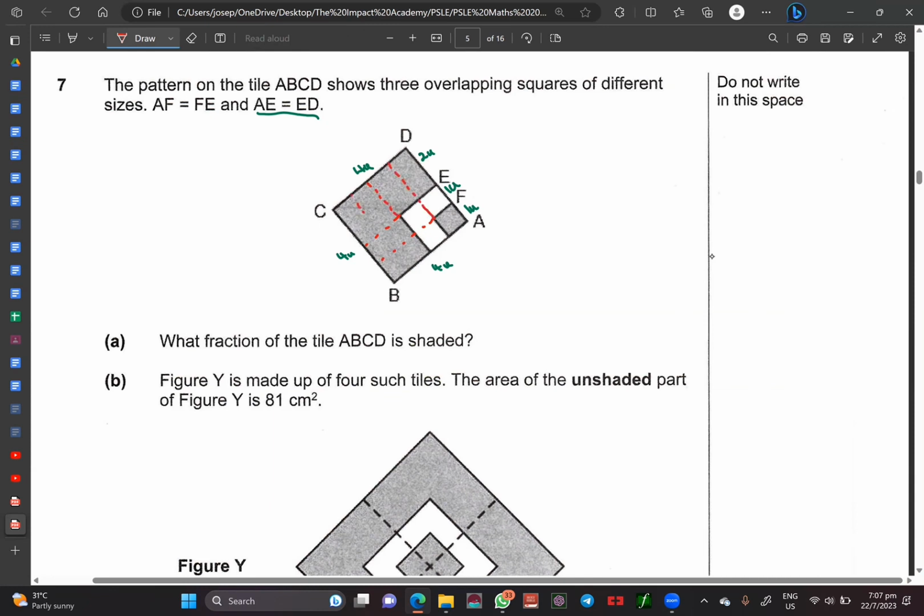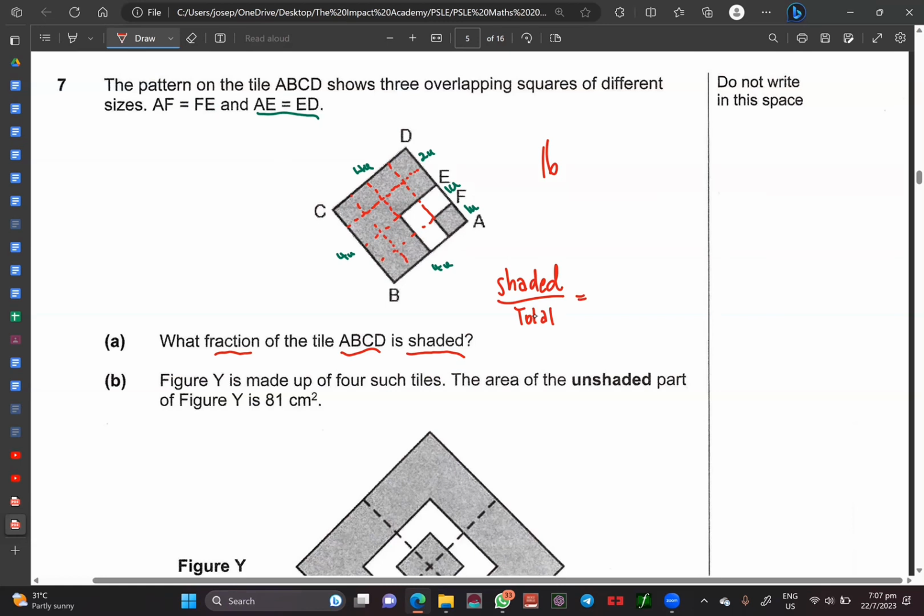So when you do this, you realize that the total number of small little squares I can have in this shape ABCD is actually 4 times 4. Therefore, the total is actually 16. That is the total. Now then we read the question. The question says, what fraction of the tile ABCD is shaded? So you can see, shaded over the total is equals to,